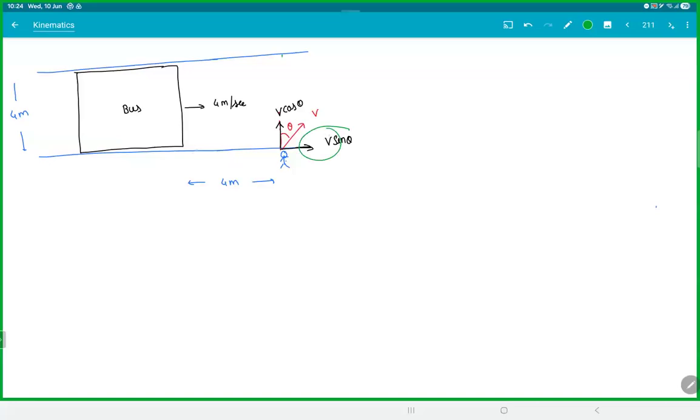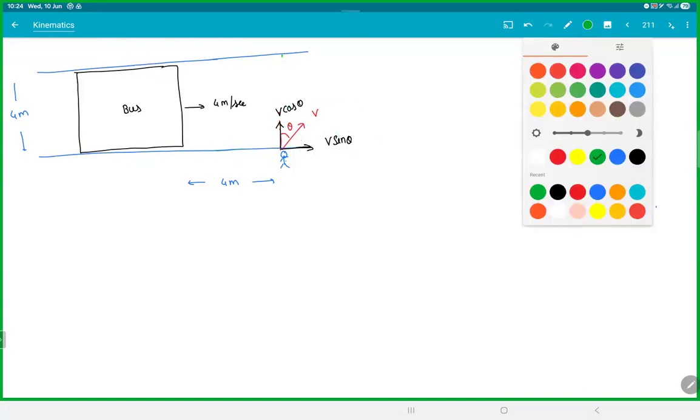One velocity is trying to increase the time because you're going away from the bus. One velocity is trying to cross the road. So there is a fine balance somewhere. Both will give an optimal solution. So let's stop the bus. So if you stop the bus,